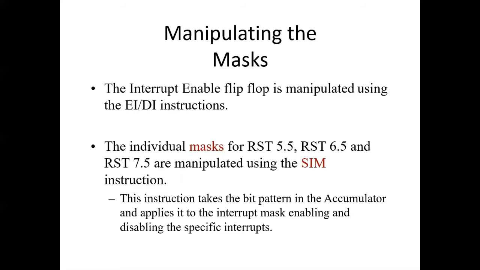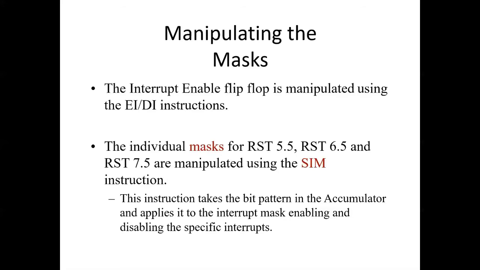This problem can be solved using the concept of masking of interrupts. It provides the ability to selectively disable the interrupts. An interrupt pin that is masked cannot interrupt even if the interrupt pin is activated, and interrupts are in general enabled using the EI instruction. Similarly, an interrupt pin that is unmasked can interrupt when the interrupt pin is activated, and interrupts are in general enabled using the EI instruction.